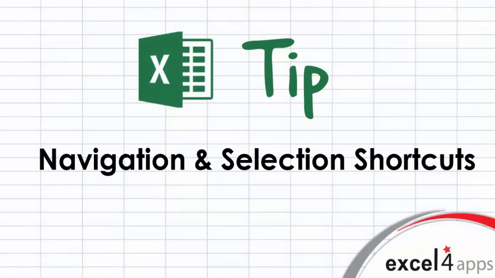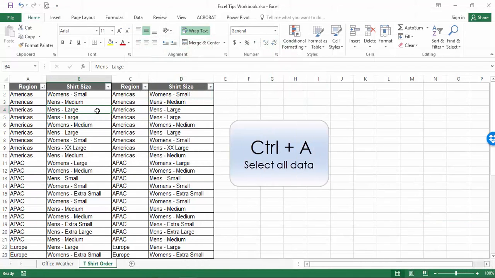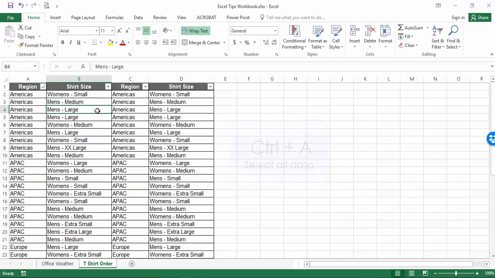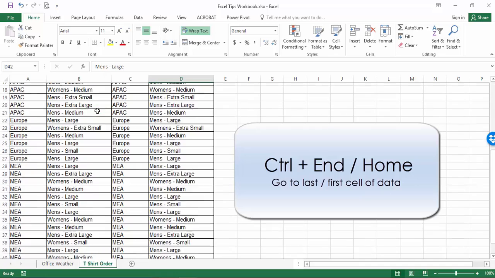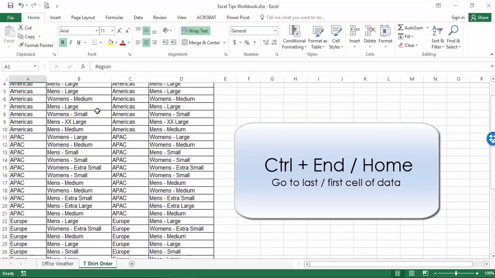This week, we're highlighting some quick navigation and selection shortcuts in Excel. You can use Control plus A to select all the data at once. You can use Control plus End to quickly get to the last cell, or Control plus Home to get to